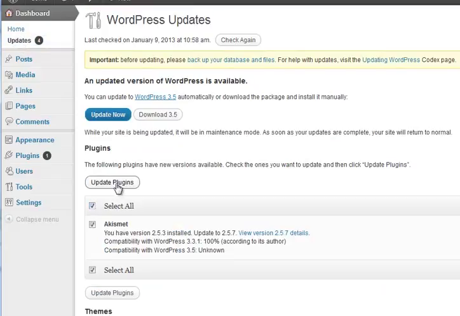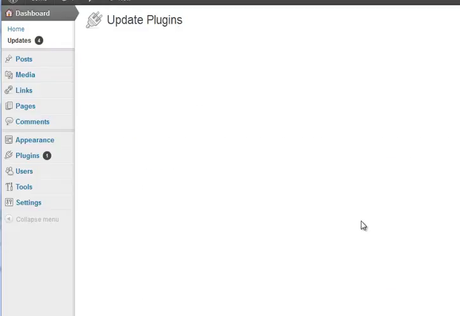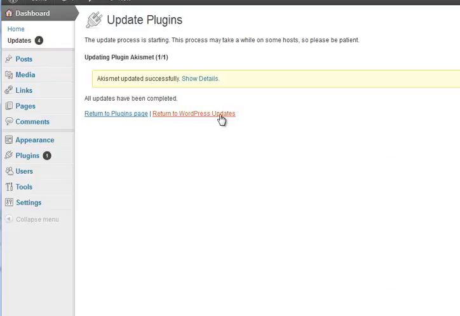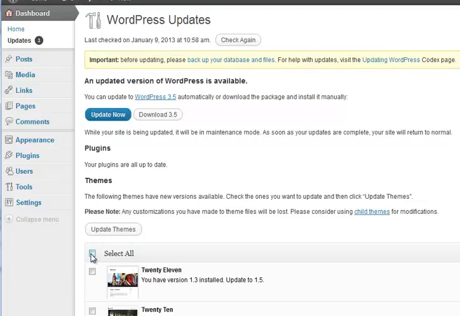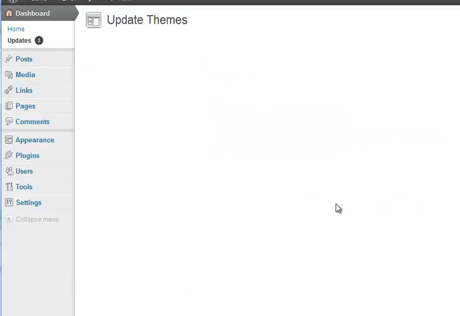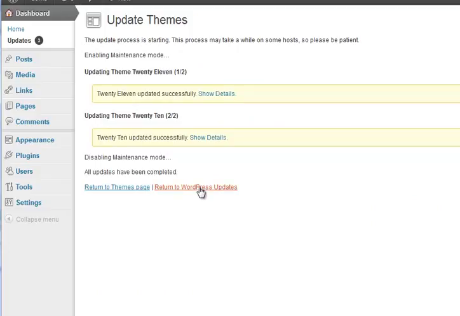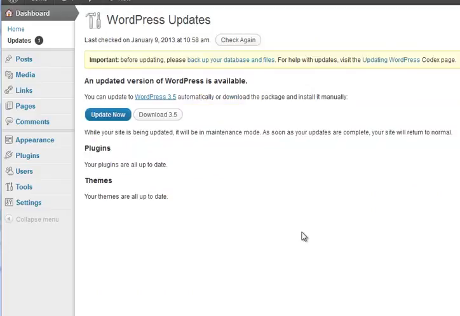select everything, update plugins. It'll go ahead and do that. Return to WordPress updates, themes, tick everything, update themes. And when you've done that, you may or may not have to go through this. It depends when you're doing it, how up to date your host's version of Fantastico is. And then WordPress update, you've got nothing in there, so you don't need to worry about the bit that says take a backup. You're supposed to read that. I tend not to, but we'll show you about that again in one of the plugins I do that kind of gets over that. So update now,